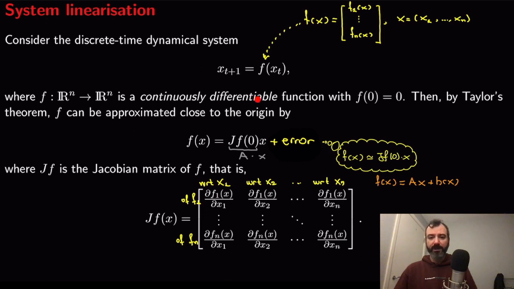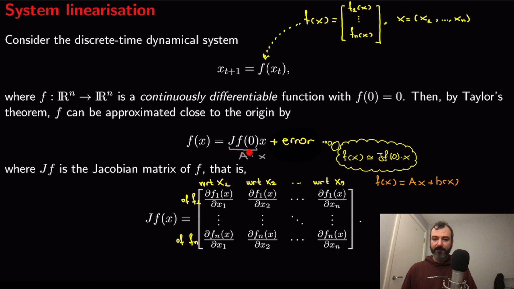When we say continuously differentiable, we actually mean that the function has a derivative. It's not called a derivative. In fact, it's called a Jacobian matrix. More about this in one moment. And that this is a continuous function. For this function f, and under this assumption, by Taylor's approximation theorem, we know that function f can be approximated around the origin by a formula as simple as f of x is equal to matrix times x plus error,